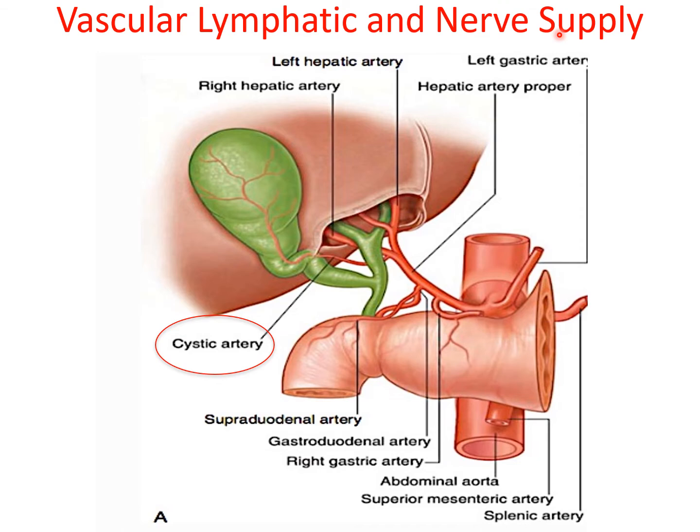Pain from the gallbladder may travel along the vagus, the sympathetic nerves or along the phrenic nerves. It may be referred to different sites through these nerves. How? Through the vagus it is transmitted to the stomach, that is the region of the epigastrium. Through the sympathetic nerves, basically the T7 segment, it is transmitted to the inferior angle of the right scapula, as T7 segments receive pain fibers from the skin over the inferior angle of the scapula. Through the phrenic nerves, it may get referred to the right shoulder.